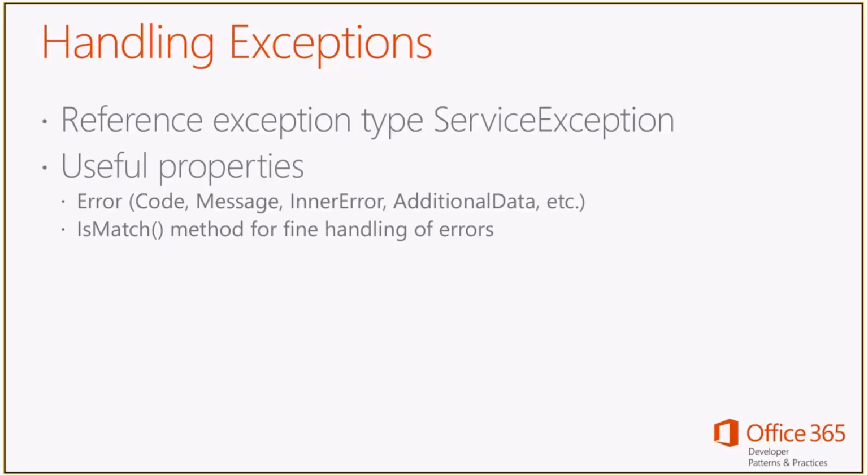In that case, we will get back a service exception, as with any other kind of issue, but with a specific error code which will inform us that we got throttled, so that, for example, we can wait for a while and repeat the request